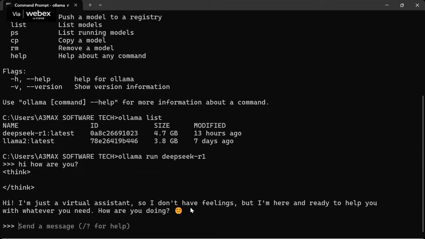I'm just a virtual assistant, so I don't have feelings, but I'm here. Think of it this way: when I write a question, my LLM, the Ollama model, thinks and generates a response. This is called a text-based model. Pretty clear? So if you go back to here now, the next part is, so we follow the steps.